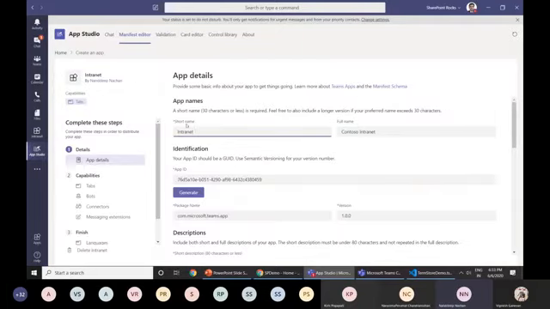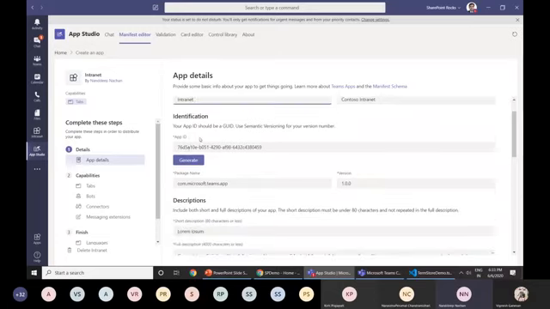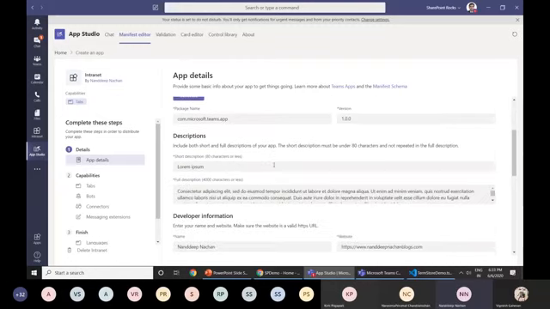The short name and full name we have to specify. The identification, that means the app ID, is some kind of a GUID. It is used for the semantic versioning for your version number. So if you have any app ID, you can specify it here. Otherwise, you can go ahead and generate a new one. And then you can specify the package name which can uniquely identify your package. In this case, it is just